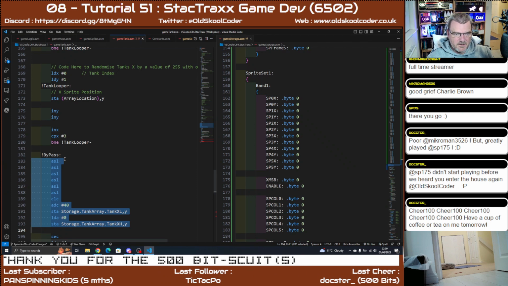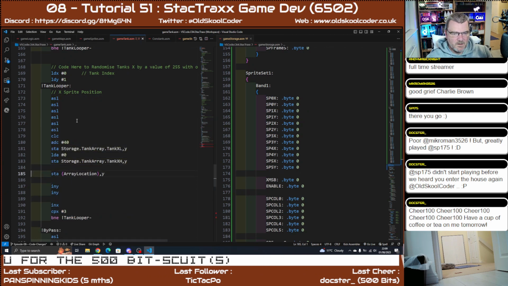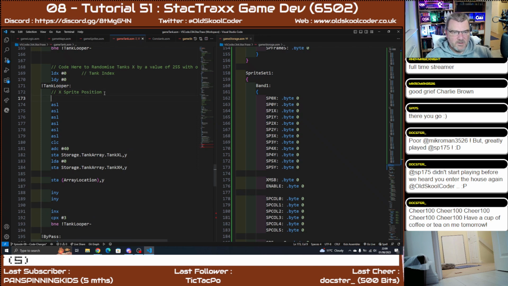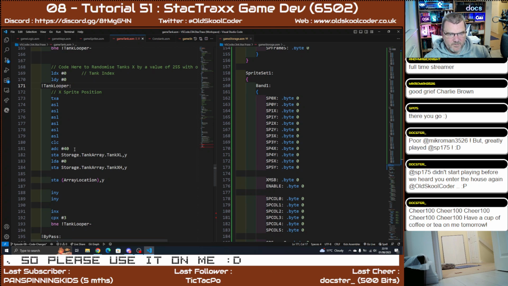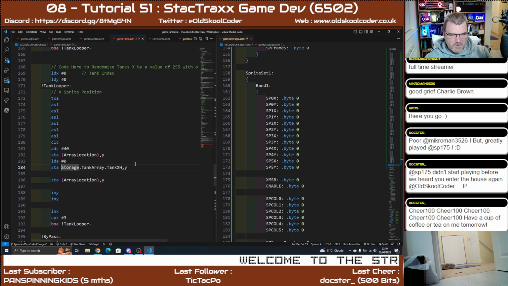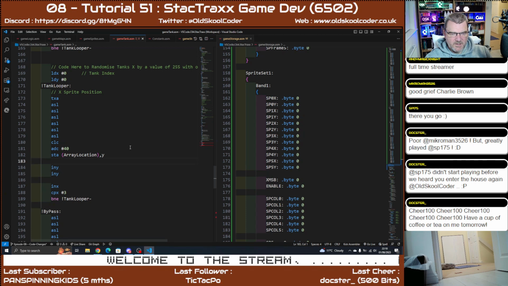Very generous. Right, let's put that in here. So Y is going to start at 0 because now this is the X sprite. So we're going to take the tank number, put it into A, multiply it up, add 40, store it in there, and we are going to make sure that the enable, oh, we'll do that after. So an increase Y,